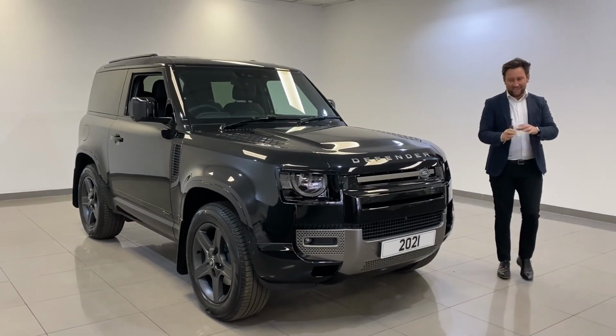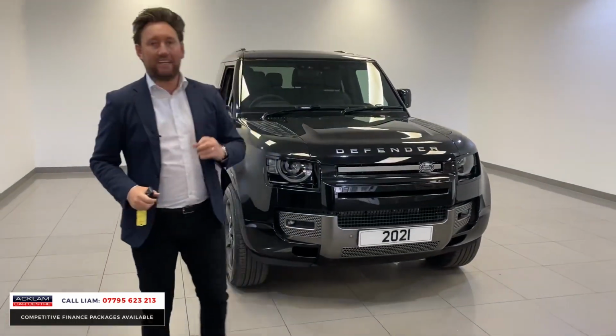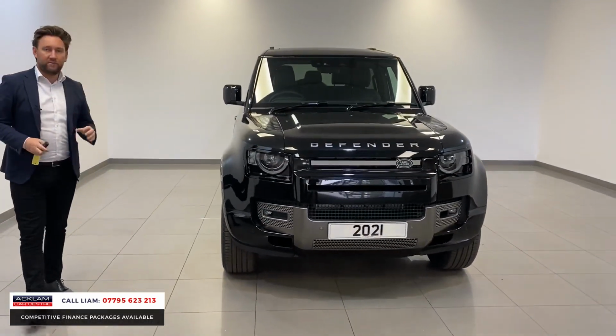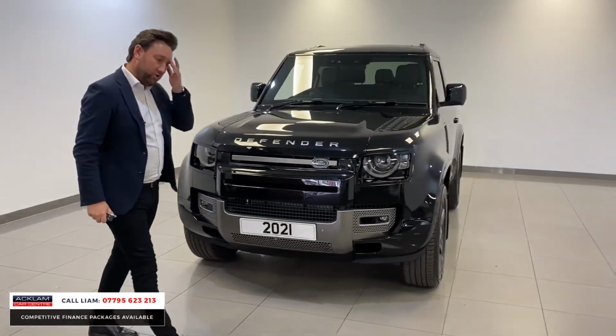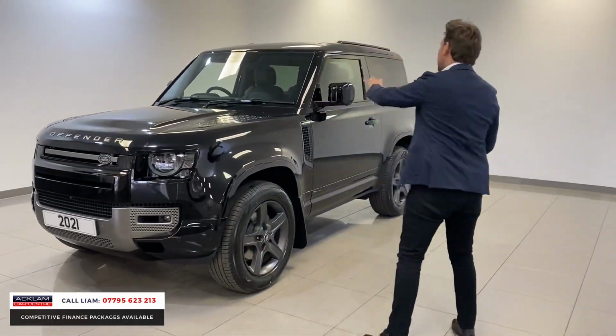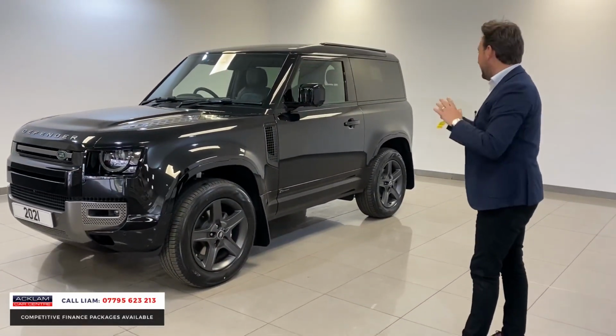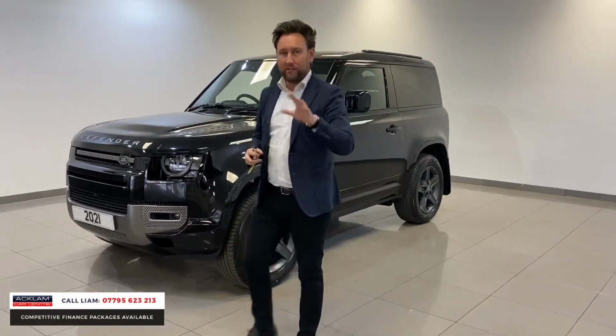Now, I'm getting excited over this car because this is the new Land Rover Defender X Dynamic 250 diesel, with the new 3-litre engine, 250 brake horsepower. It's a 90, so the shorter wheelbase, 5-seater, 2 in the front, 3 in the back. But it is beautiful. But the big thing, why this is going to sell today,